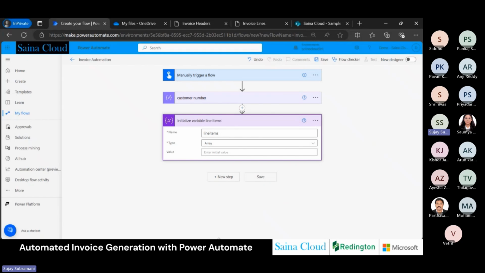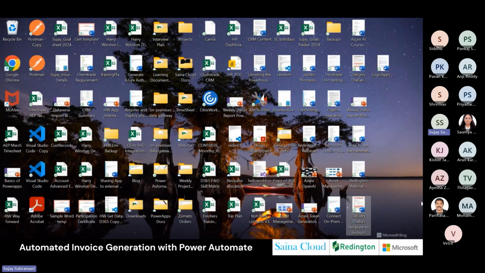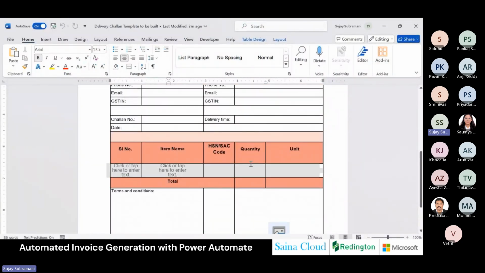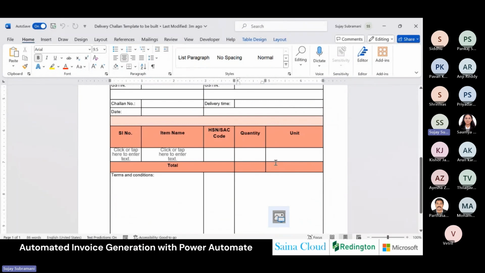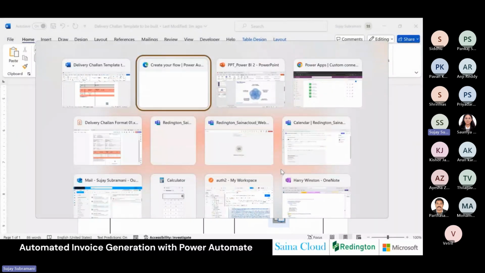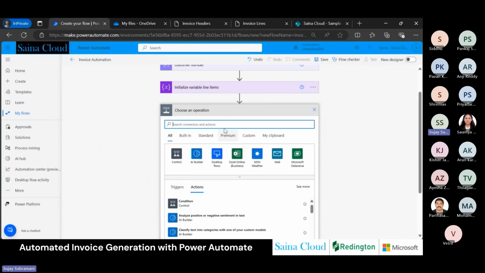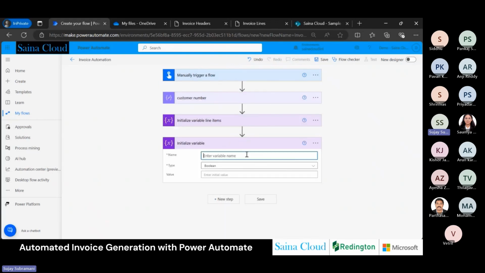So in your template, there's something called a total of unit or quantity. It's available here, right? As I told, we need to use temporary variable and original variable. So for that, I'll be initializing another variable for getting the total of the quantity. How I'll be doing is I'll initialize two variables now. Use the same action, initialize variable, and I'll name it as total quantity first,